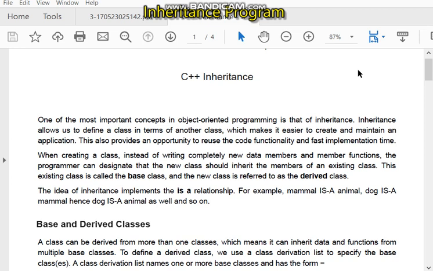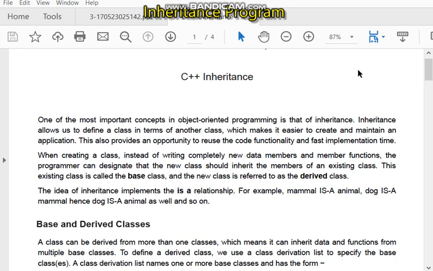Today our topic of lecture is inheritance, from the subject of object-oriented programming, for the second-semester students of BS Computer Science. Now, what is inheritance? We have previously discussed different features of object-oriented programming. Among them, we discussed classes, objects, overloading, operator overloading, and polymorphism. Now inheritance is again a very important feature of object-oriented programming. So here let's see